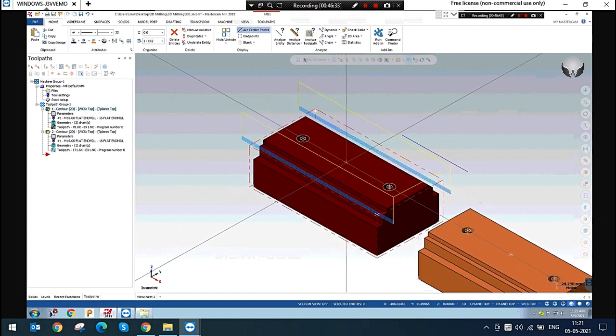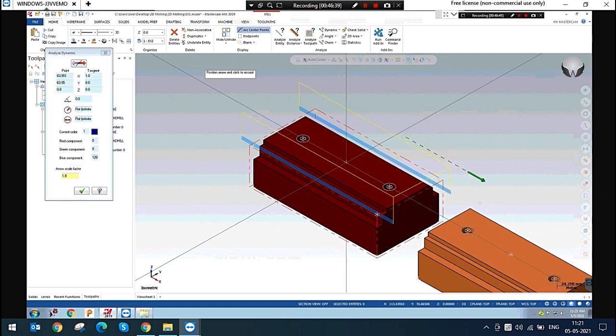Next, the dynamic option. You can simply select any of the entities. It shows the dynamic. The point is located where it goes, and the arrow mark will go to where the length is. It is the x-axis, and it is a flat entity, not curve or circular. The current color of this entity, and tangent, whether it is tangent or not.